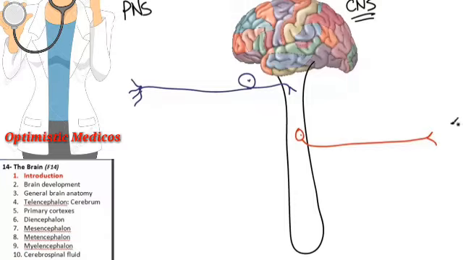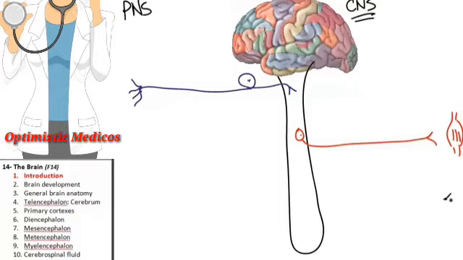But the bottom line is that somehow sensory information can come in. It can be processed in the central nervous system, and it can then send a message out to make something happen, for example, to make you contract a skeletal muscle. Today, our primary task is to look at who bridges the gap between the sensory information coming in and the action that happens as a result of that sensory information.